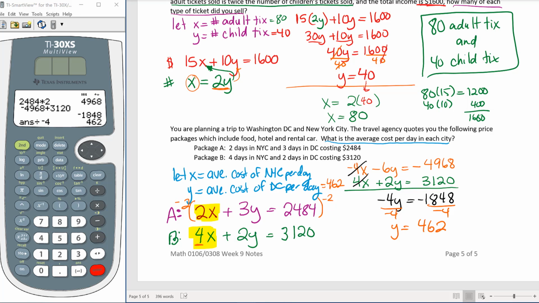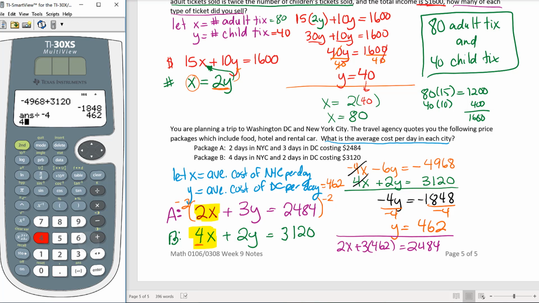All right, next I have to find out what x is. I'm going to choose either of the two formulas, so I'll choose the purple one. 2 times x plus 3 times 462 is equal to 2,484. So 462 times 3 is 1,386. So I'm going to take minus 1,386 on both sides, which is going to leave me with 2x equal to